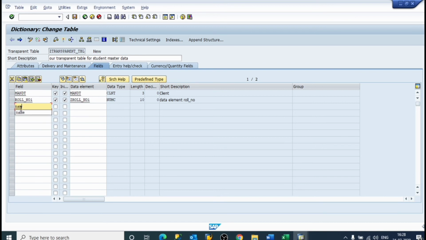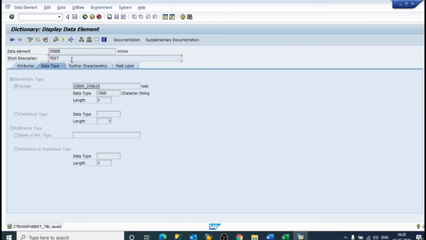It will be Z name. Student, data element student name.